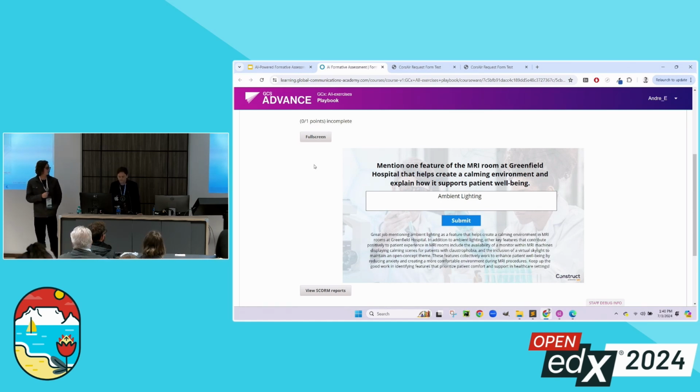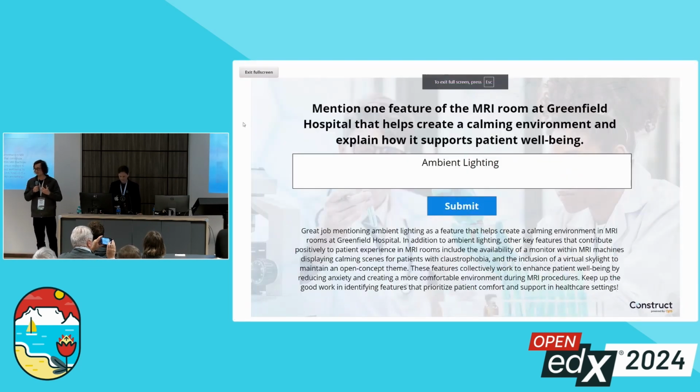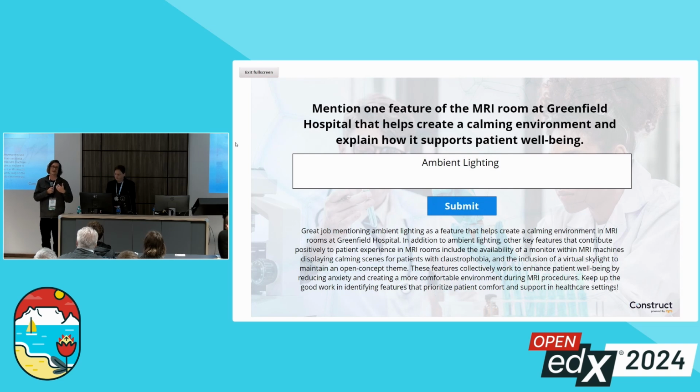Thanks, Andre. Cool. So what you see is a response that is generated via AI. Firstly, it is aligned with mastery learning principles. So it firstly identifies what the student entered correctly within the text entry field, and then it identifies room for improvement to essentially enrich the learner's understanding. So what I would like you to consider is how this can be integrated as a formative assessment within your learning experience, and how that can facilitate individual and personal growth of your students. Next, we're going to discuss a custom solution.